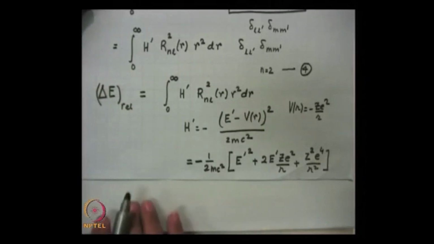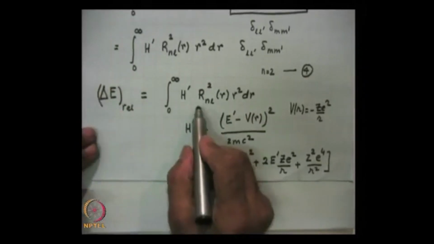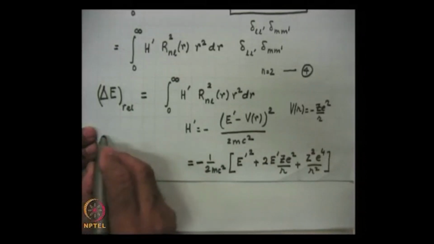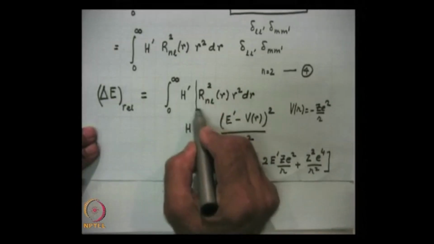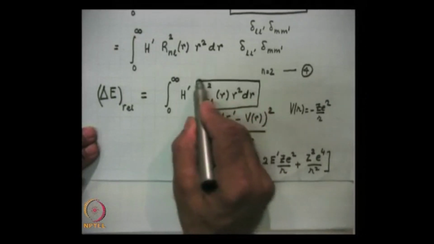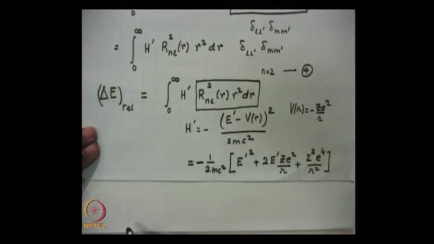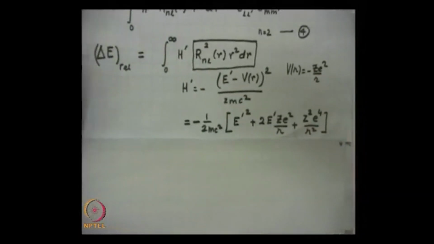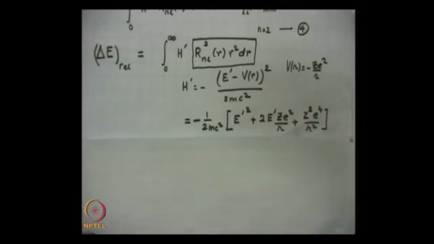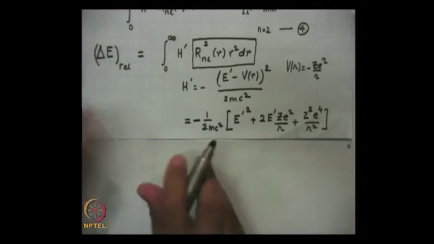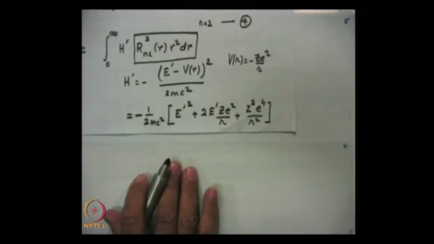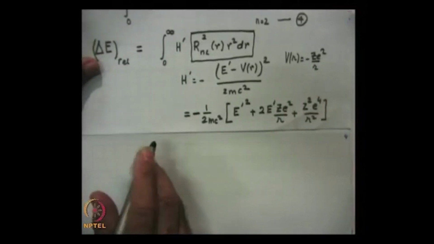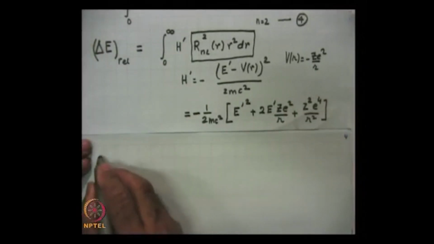So, therefore, since these are normalized functions, that is what I mean by normalized function: the integral of this quantity from 0 to infinity is 1. So, therefore, if I carry out the integration, let me shift it to the right. So, therefore,